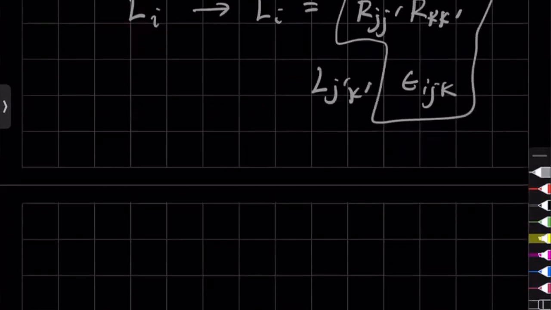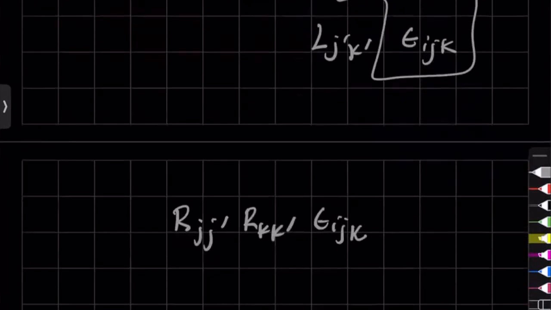What is R_{jj'} R_{kk'} epsilon_{ijk}? It is actually easy to show. It's R,